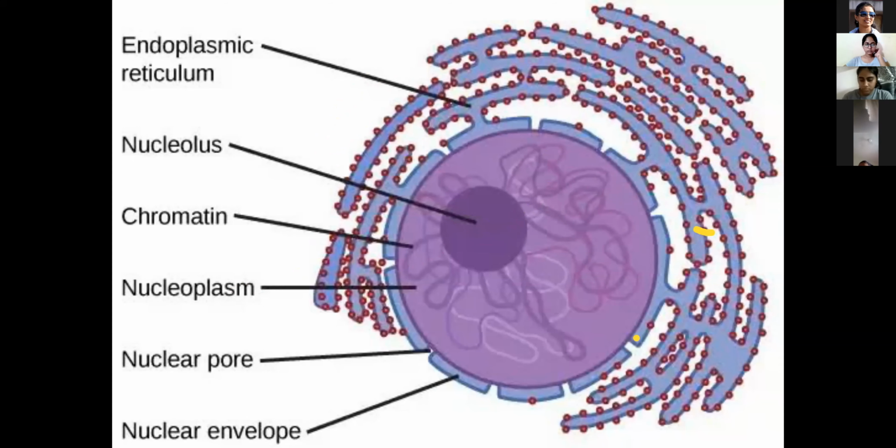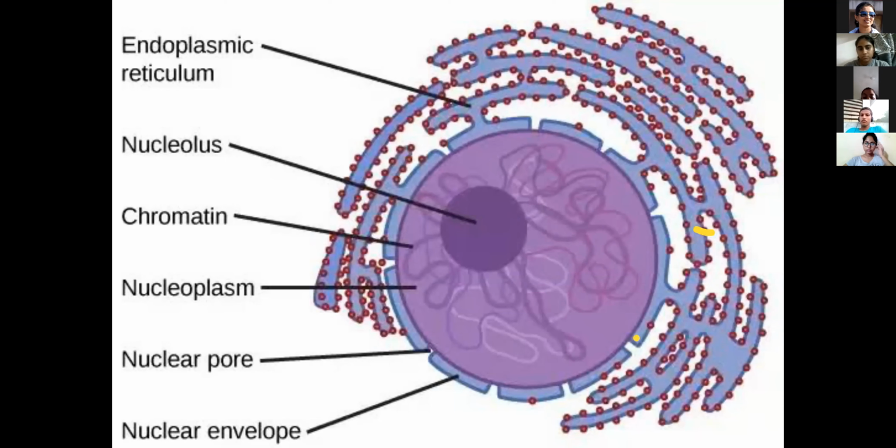So NOR region, remember, inside the nucleus, a dense region of chromatin is present. That dense region we call the nucleolus. In the nucleolus, that particular part we call NOR, nuclear organizer region. That organizes the nucleolus to form the rRNA. This rRNA joins with the protein and forms that nucleoprotein structure, ribosomes.